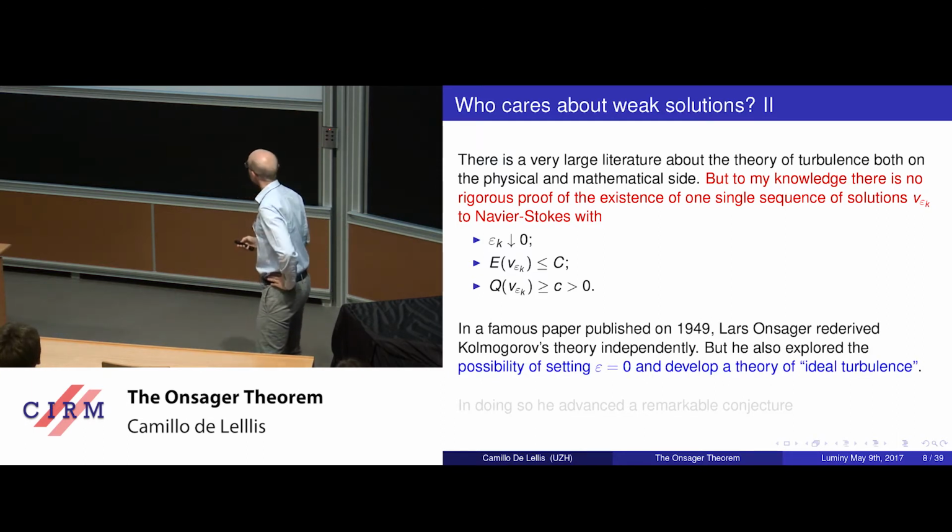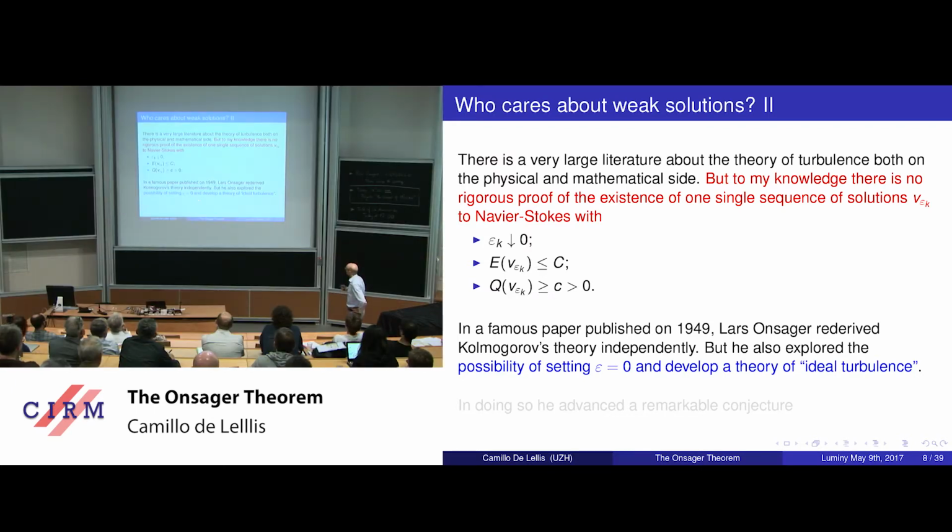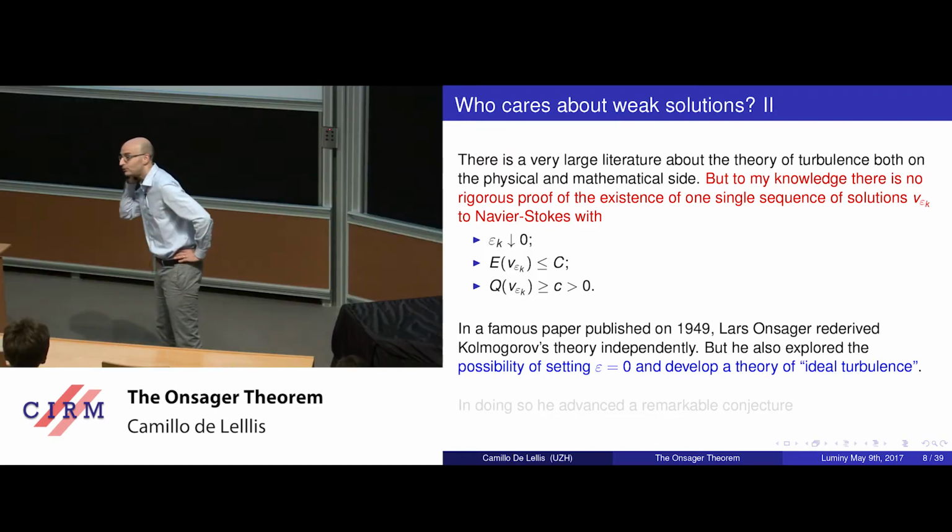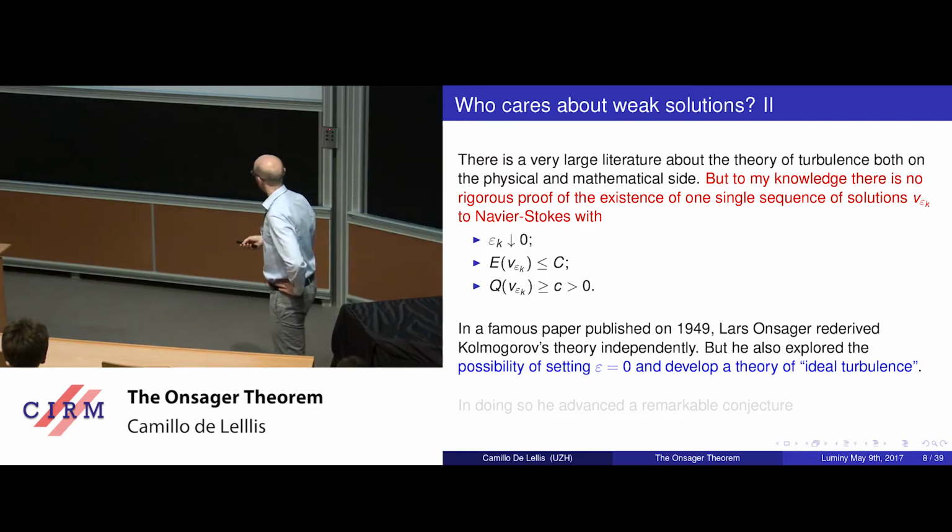Okay, so now coming to Lars Onsager, a famous theoretical physicist of the last century. In a famous paper published in 1949, in Nuovo Cimento, an Italian journal, after a big conference on statistical physics, he actually rederived Kolmogorov's theory independently, but he also explored the possibility of simply saying, okay, so if there